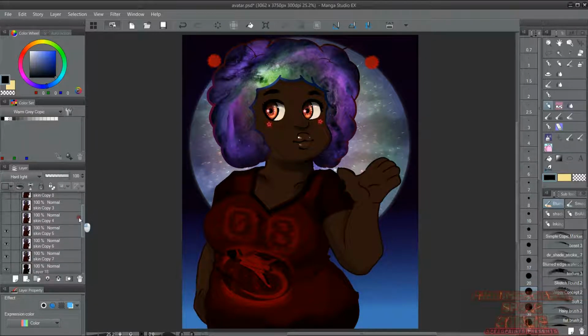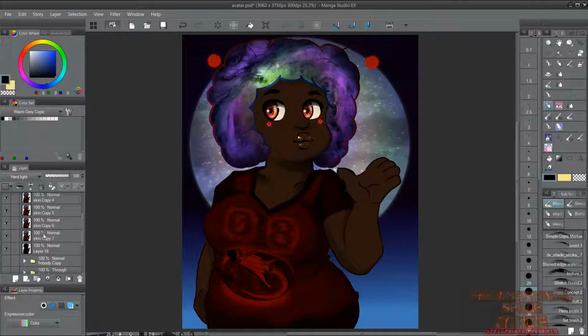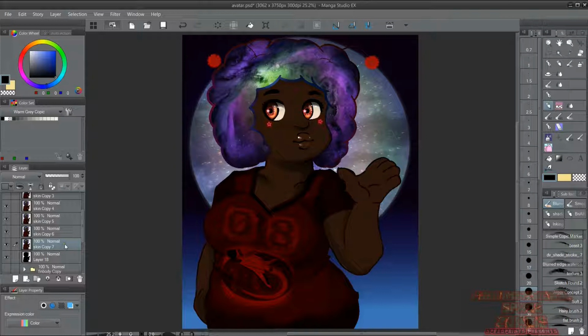I know you can already see it right here, but I'm going to keep it like that. But on your bottommost copy, I'm doing this in Manga Studio, Clip Studio Paint, whatever you want to call it. You can also do this technique in Paint Tool SAI, and I'll explain along the way. So you would choose your bottommost layer, after the 4 or 5 copies you have. Choose your bottommost layer,